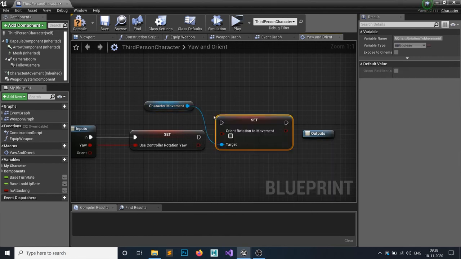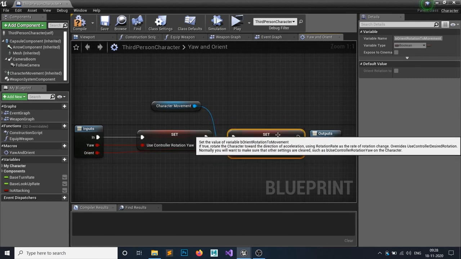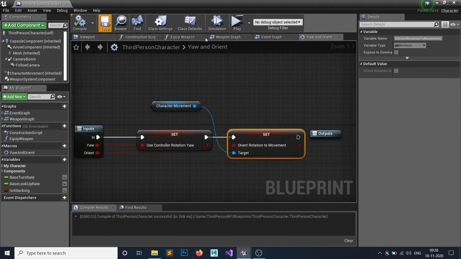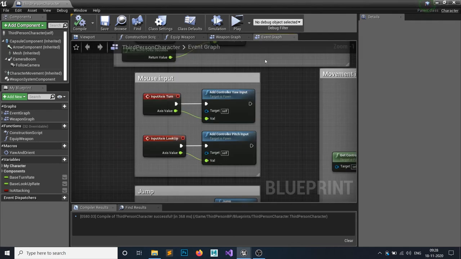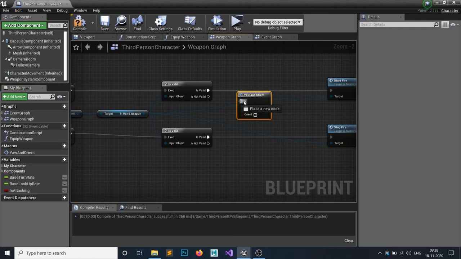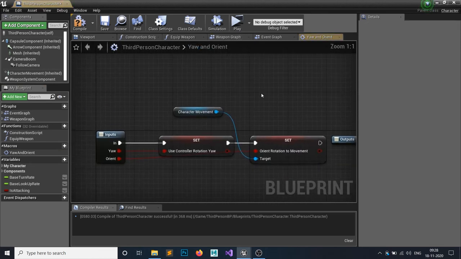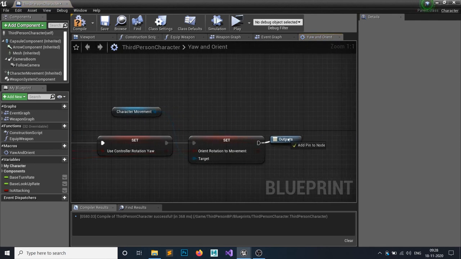So set orient rotation to movement and set to this guy, whatever this value is. I hit compile, save and close. Okay, so go in the weapon graph and get this macro. And I want to return this as an out.